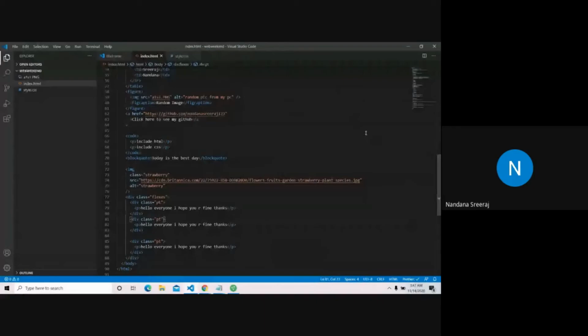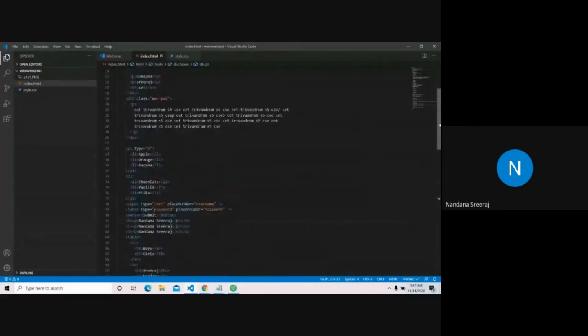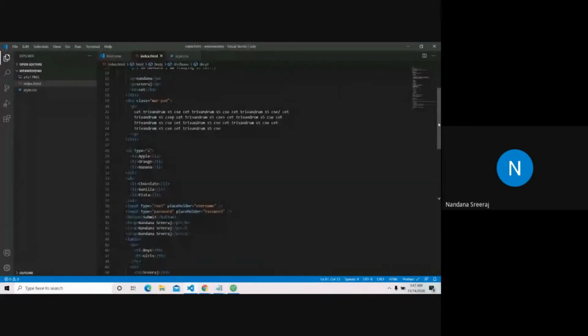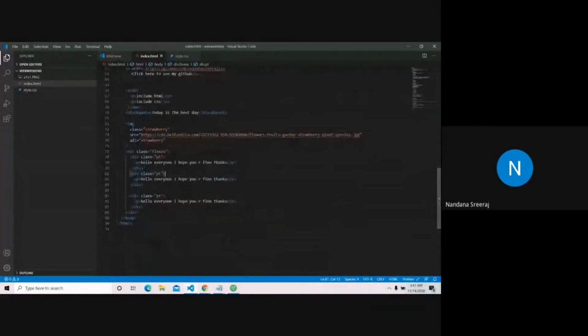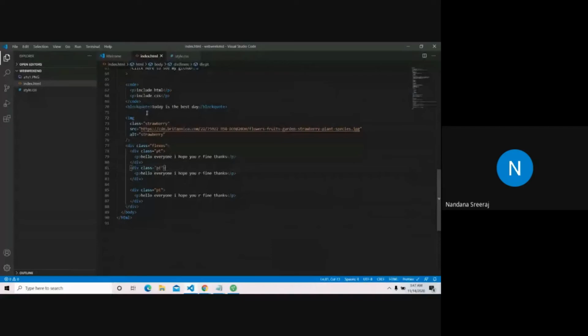But I stick to the div tag because the purpose of the div tag is giving classes, so we use that. Why I gave the class to the image tag is that it won't work if I don't. I'll show you. If I did it like this, it won't work the way I want.